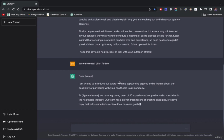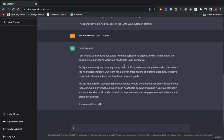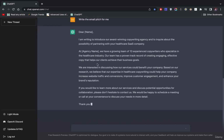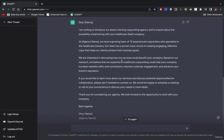And notice how it enters the details that we want to enter. So: award-winning copywriting agency, healthcare SaaS, your agency name. We have a growing team of 10, and we specialize in the healthcare industry. Proven track record. They're tailoring it to how we can benefit your company. And pretty much, if you'd like to learn more, and again, for my copywriters out there, we know that this